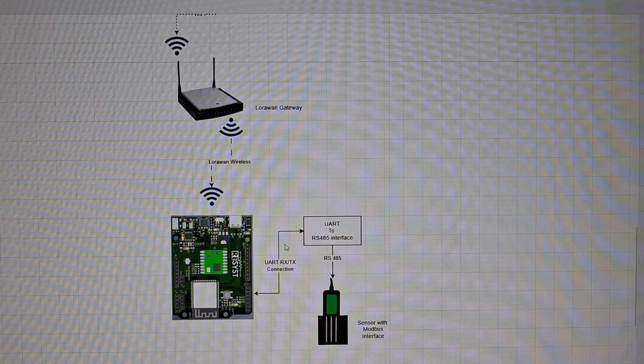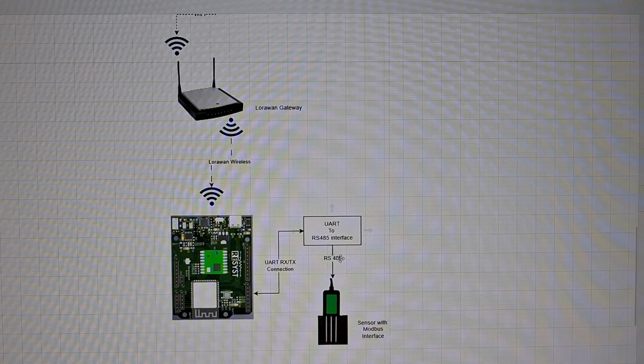It will connect and bridge this UART interface to the RS485 interface. Since we are going to get the data using the Modbus RTU protocol, this UART to RS485 interface is mandatory to bridge the UART connections and the Modbus